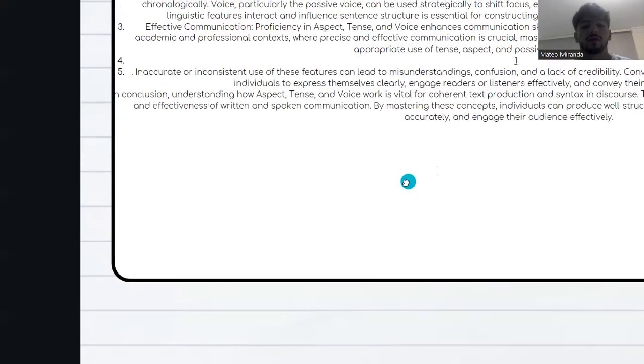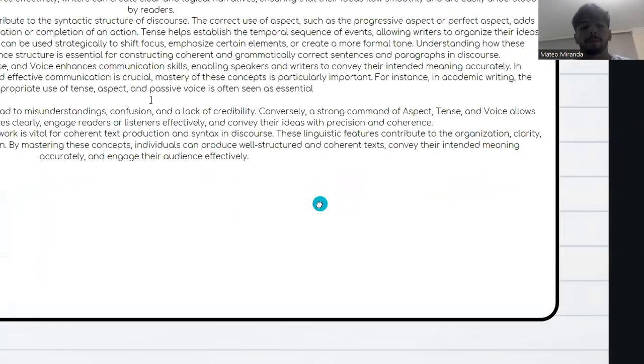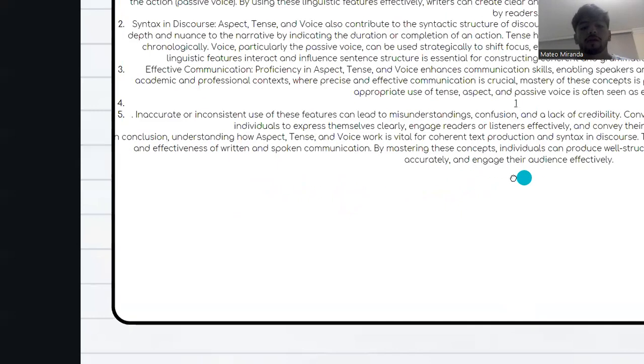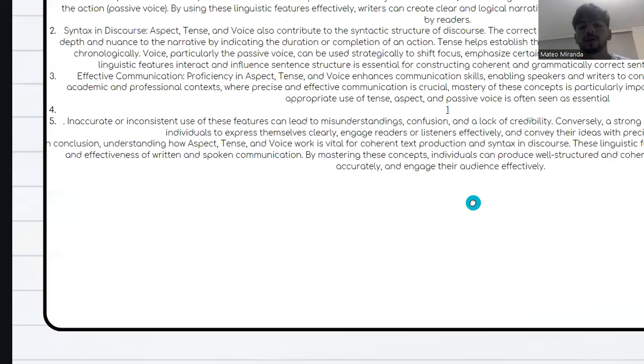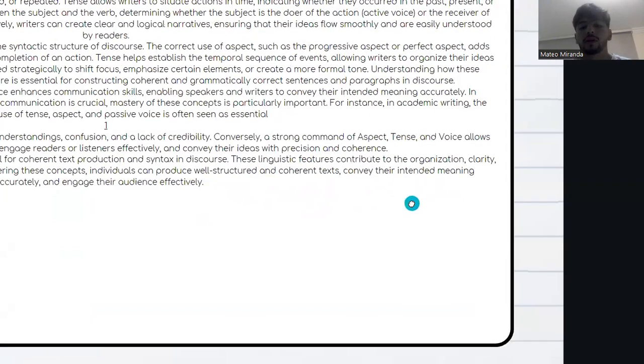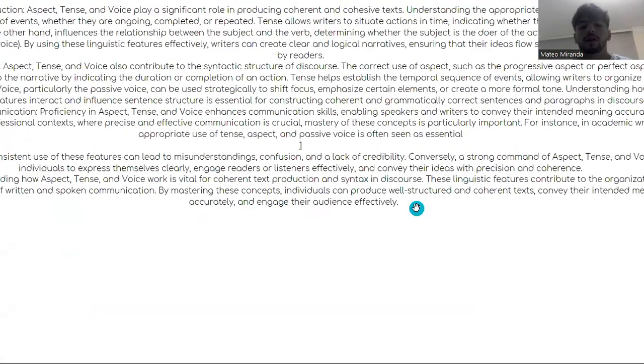Now, in conclusion, understanding how aspect, tense, and voice work is vital for coherent text production and syntax in discourse. These linguistic features contribute to the organization, clarity, and effectiveness of writing and spoken communication. By mastering the concept, individuals can produce well-structured and coherent text, convey their intended meaning accurately, and engage their audience effectively. As I mentioned in this presentation, this is why it's important, because it gives meaning and attracts the readers